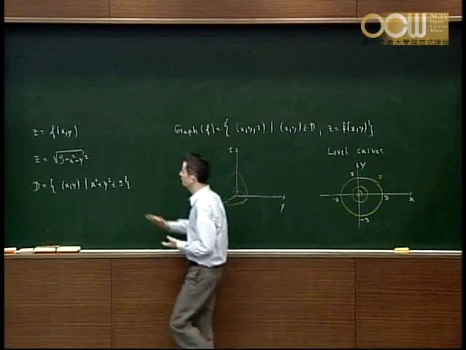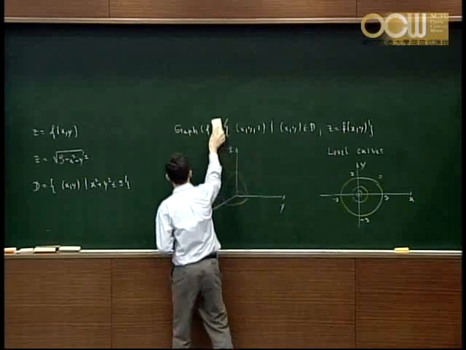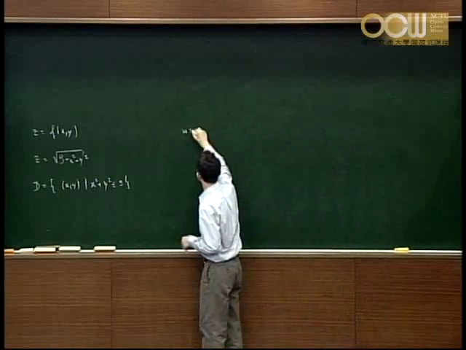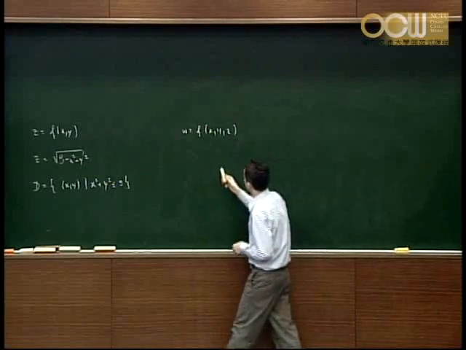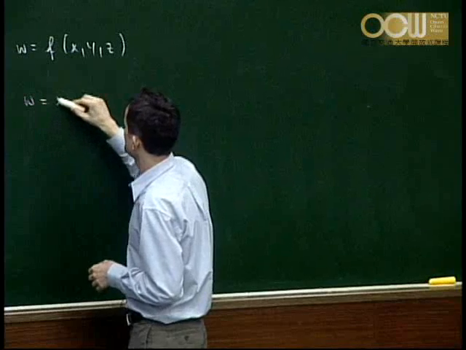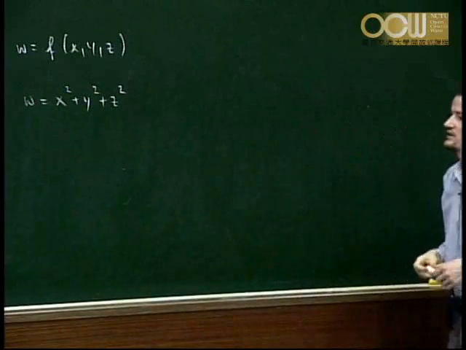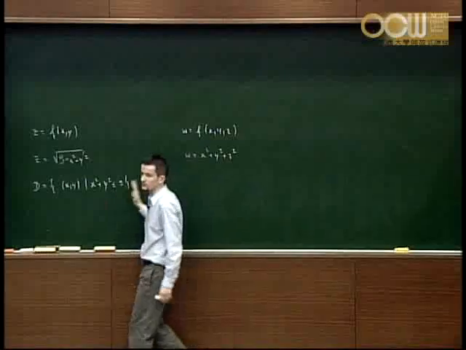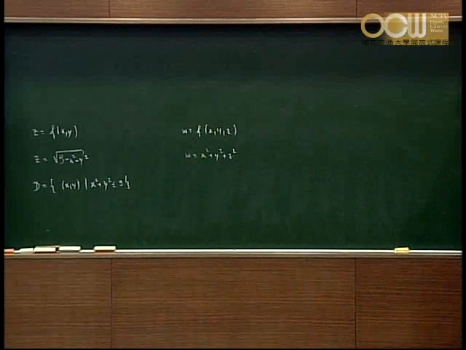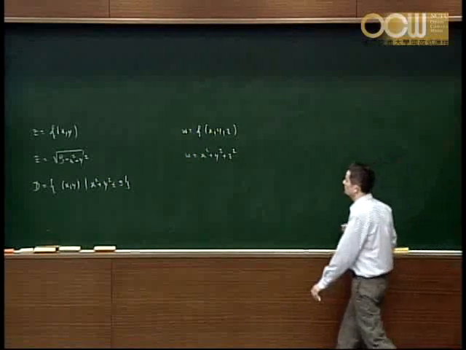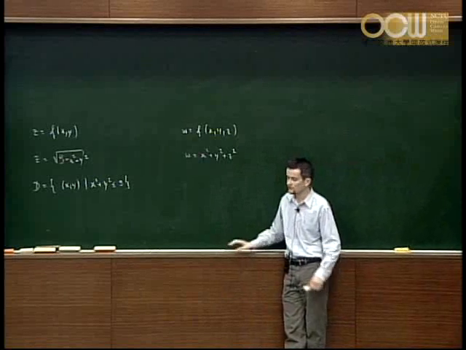Okay, so this is a function of two variables, but we are going to look also at functions of more than two variables, for instance, three variables. For instance, an easy example would be omega equals x squared plus y squared plus z squared. But of course, here the situation is different, because you will not be able to plot the graph, because the graph will be in 4-dimensional space. What you still can do, if you look at functions of three variables, is plot the so-called level surfaces,